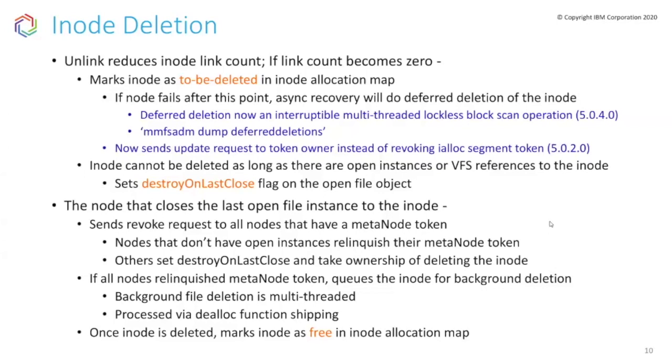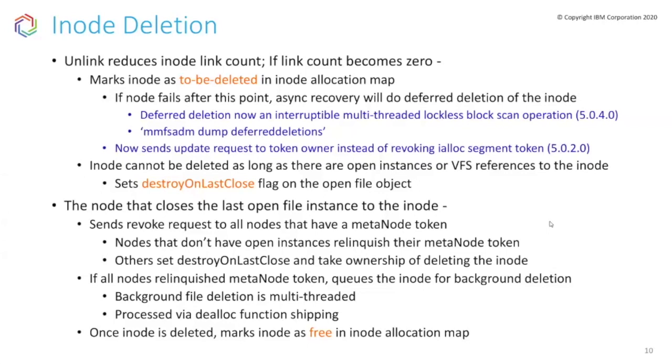We call such inodes that have 0 links but are not yet deleted inodes that require deferred deletion. And you can find out how many such inodes exist in the file system. This may be significant because as an end user, you might use some directory traversal mechanism to determine how much space is used in your file system. And then you might discover that the amount of space available is less than what you come out with from this calculation. That's because there are these inodes that are yet to be deleted, even though you can't access them